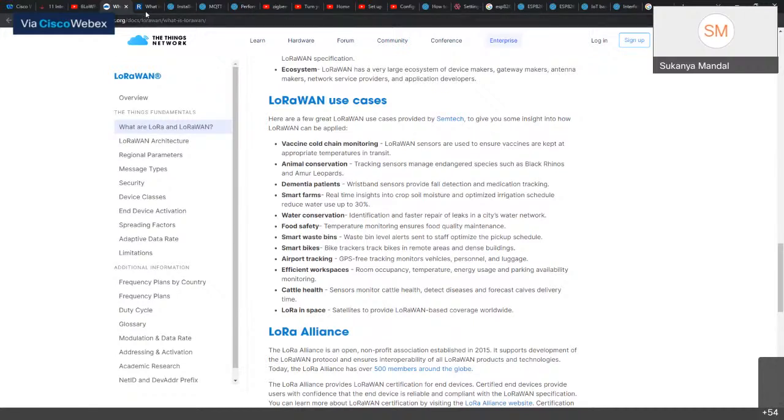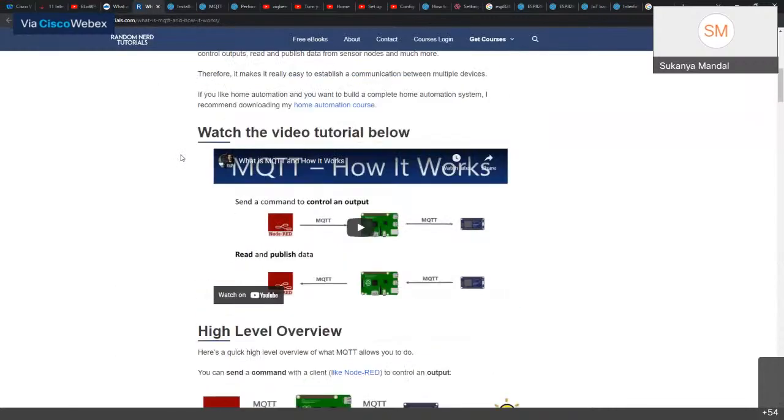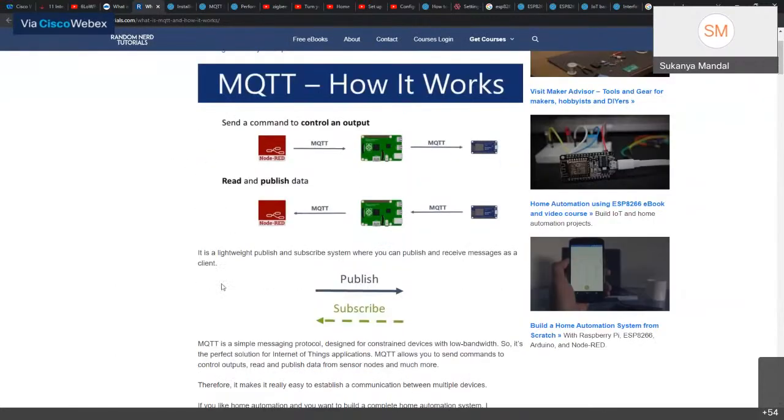Okay, moving on, there's another famous protocol, that is MQTT. It's a lightweight publish subscribe protocol where you can publish and receive messages as a client.